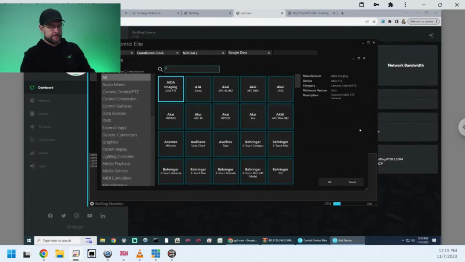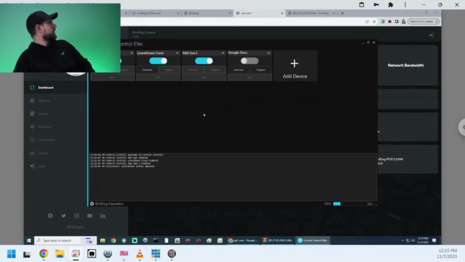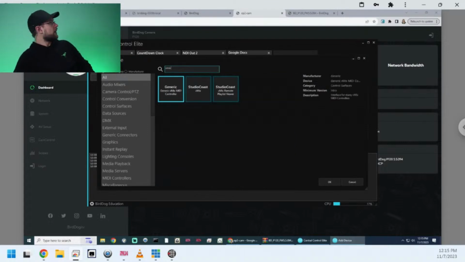So the first question I have is vMix in here? Generic vMix, Studio vMix. Yeah, I think I knew this actually. Remote playlist viewer. Provides a way to remotely view vMix playlist inputs. Interface with vMix. I think I already have this, don't I? NDI clocks? No, I guess I don't. I thought I already did this. I have not interfaced with many vMix MIDI controllers. All right, so if we say OK,